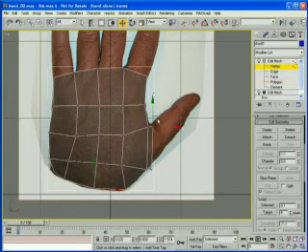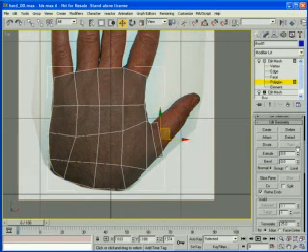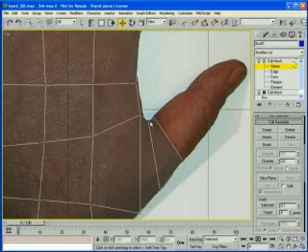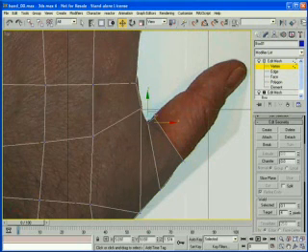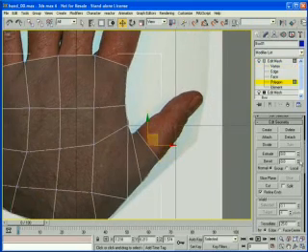And I'm just going to start pulling vertices to try and get a rough shape here. So all I want to do is kind of match the base of these fingers. They're not exactly parallel to each other or lined up. So you kind of just need to get those. And then let's start getting